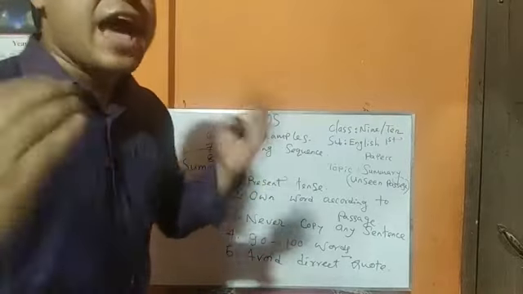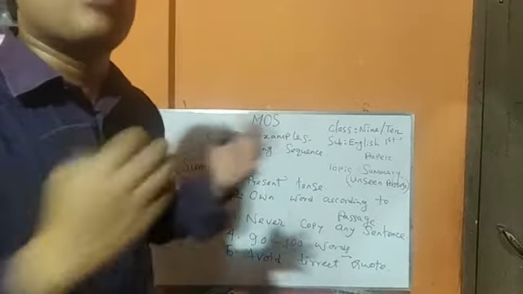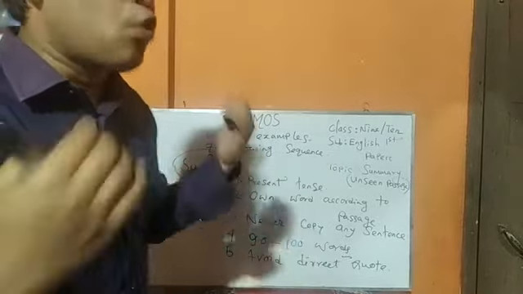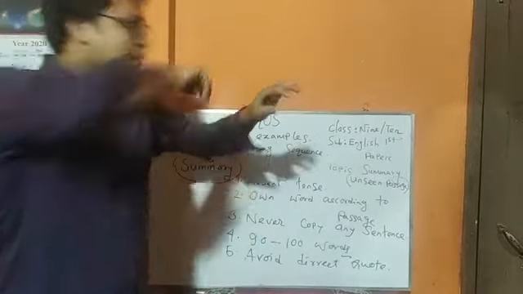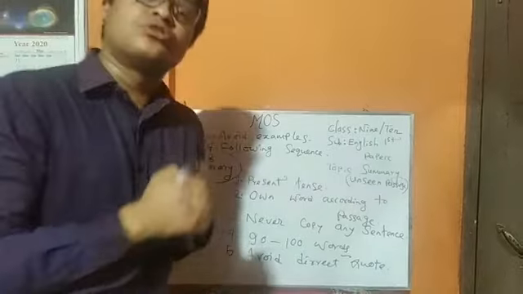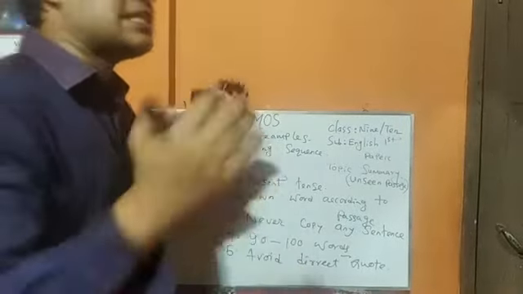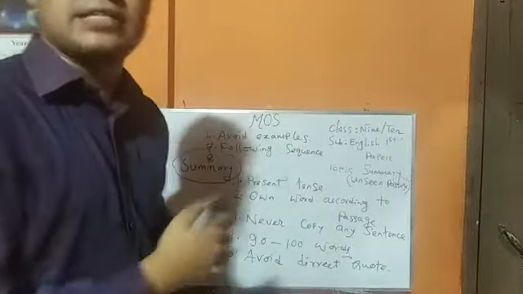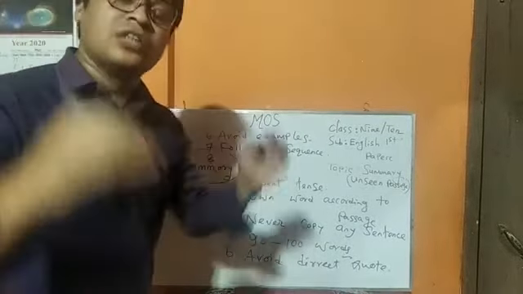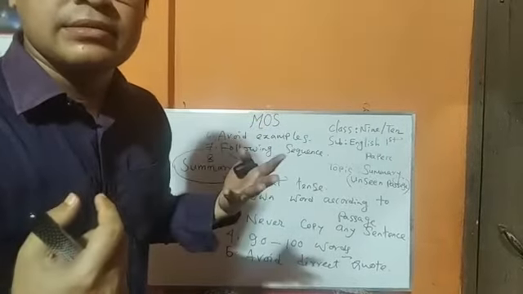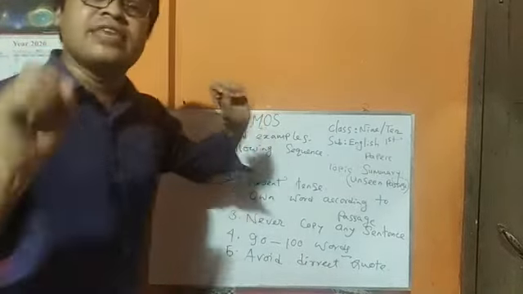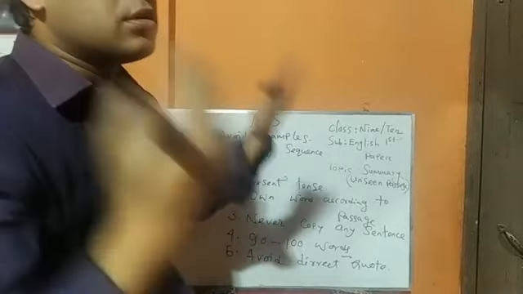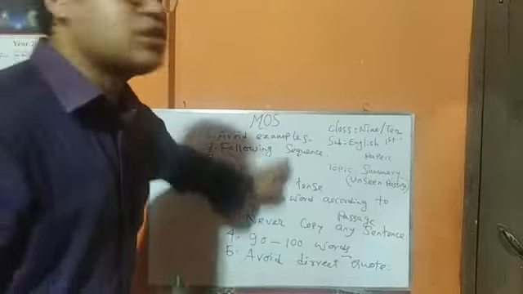And number 8, very important. You never write any sentence from your mind which is not mentioned in the passage. That means if you find a passage about tree plantation, then you just write according to the passage. You never try to write according to your own speech. You just follow the passage. If you follow all these steps, I think it will be a good summarization. But it is not enough.